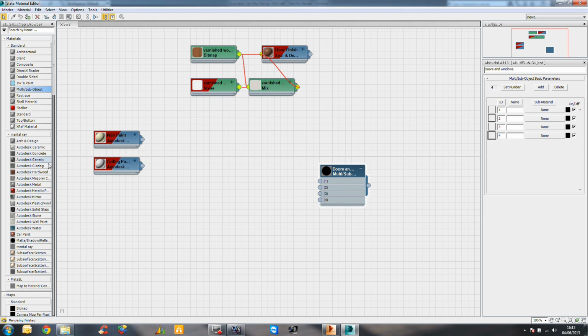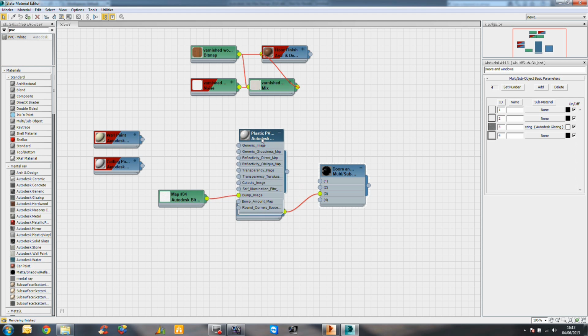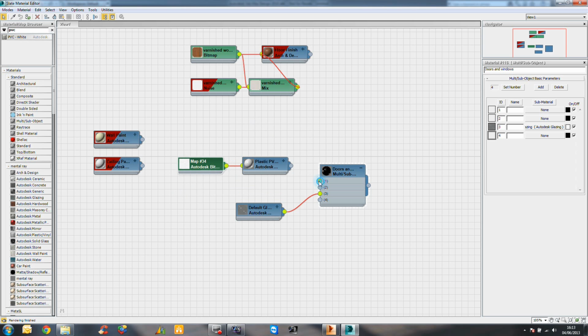So what we want to do is link a glazing or a glass material to sub-object 3. This means that any polygon with the ID of 3 will be assigned the glass texture. I then want to search for perhaps a PVC material, put that into my scene, and then I want to link textures 1, 2 and 4 to that PVC material. Once again, meaning that any polygons in the door with an ID of 1, 2 or 4 will be assigned